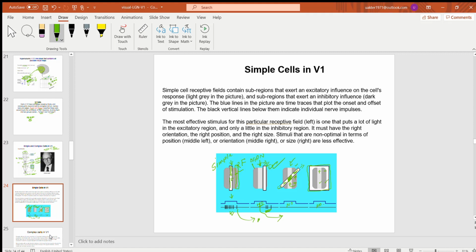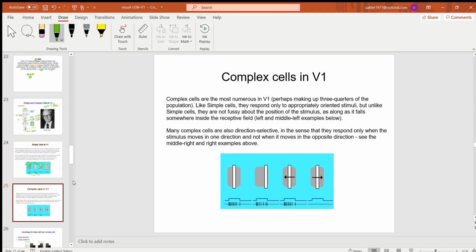Now, the complex cell. Complex cells have a large receptive field and on center. That means they will be stimulated everywhere. If you present the bar here or here or here, the cells will be excited or stimulated in the same way. So this is not really helpful to determine the location as well as orientation, because